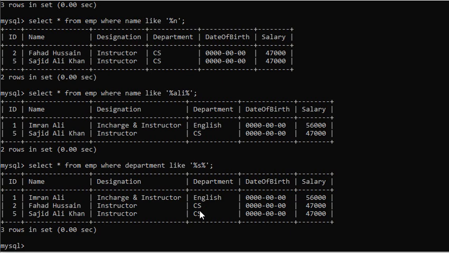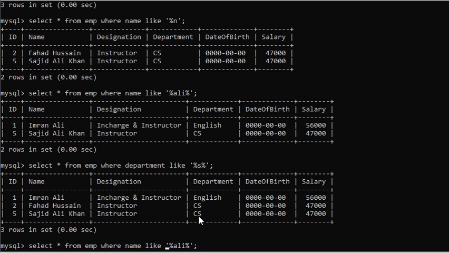As you can see, there are three records inside the department whose values match with our pattern. S is inside English also, and S is inside CS and here. So you can see that the LIKE operator is working.